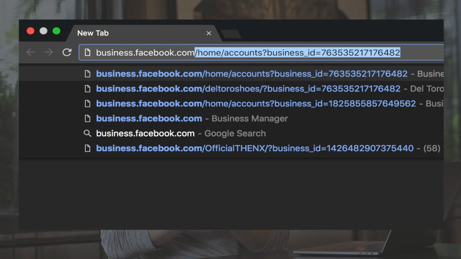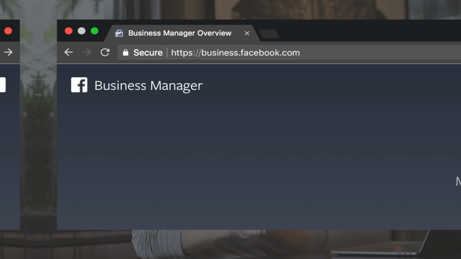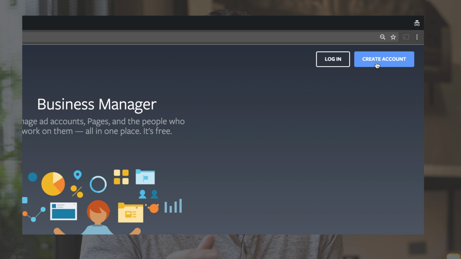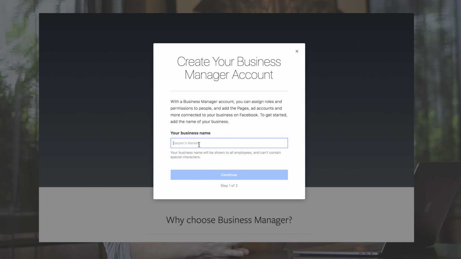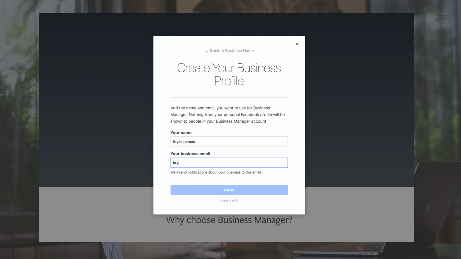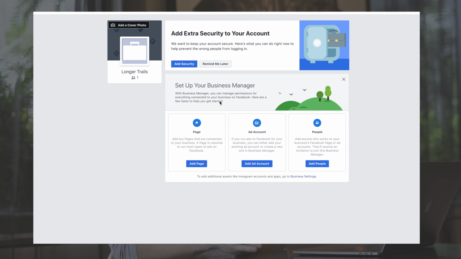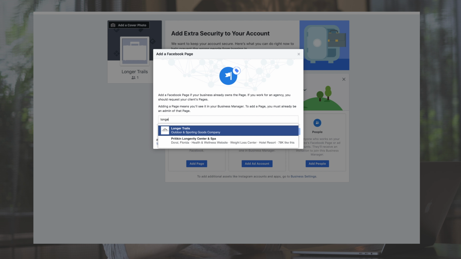Okay guys, now I'm going to show you how to set up a Facebook Business Manager account. Step 1, go to business.facebook.com. Step 2, click Create Account. Step 3, Facebook is now going to ask you for your business name and then your full name and work email address. Step 4, from this point on, Facebook is going to be asking you for all the assets you